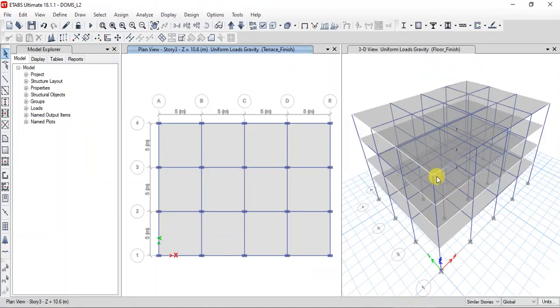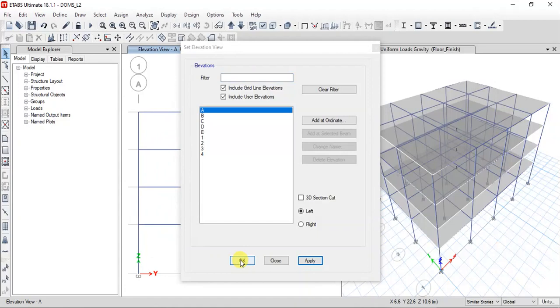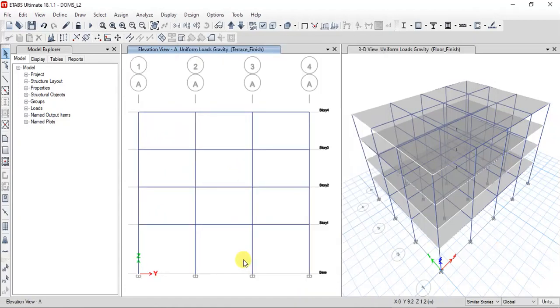You can see that there may be a wall here, so I will show you in elevation. There will be walls here, so this beam will be subjected to a certain load which is coming from the wall.